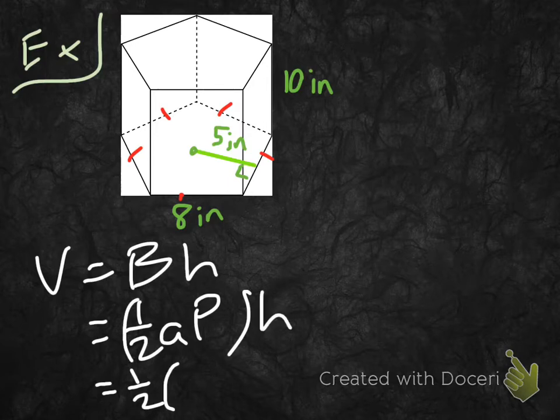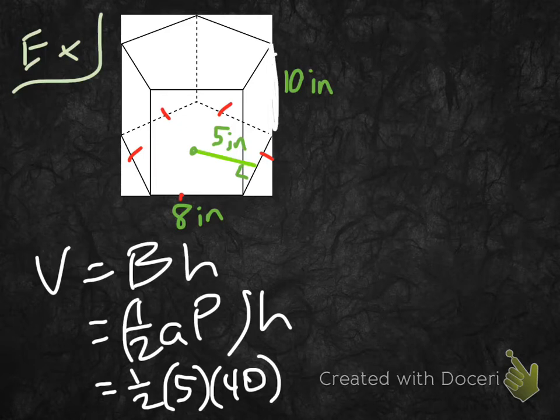The apothem is 5. The perimeter is 8 plus 8 plus 8 plus 8 plus 8, or 8 times 5, which is 40, right? So my perimeter is 40. Not 46, 40. And the height of my prism is 10. It's 10 inches tall, so I get 1/2 times 5 times 40 times 10, which turns out to be,